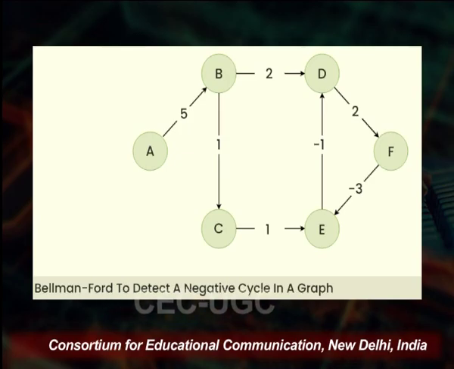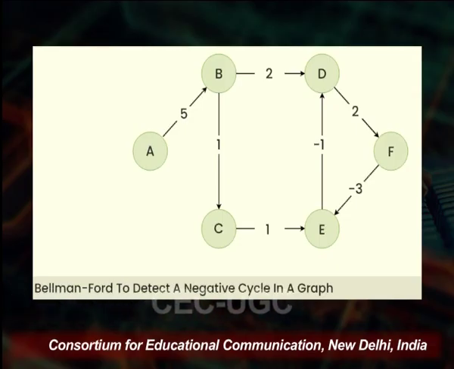Now, if you look at the cycle between D, F and E, there is a negative weight cycle, because 2 plus -3 is -1, and then -1 and -1 gives you -2. That means the sum of all the edge weights of this particular cycle results in a negative weight. That is why this is what we call a negative weight cycle. Now, Bellman-Ford is